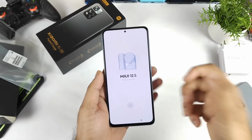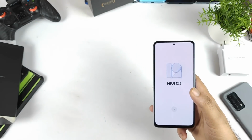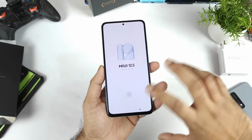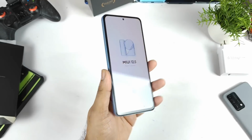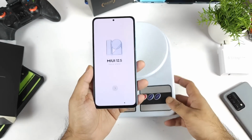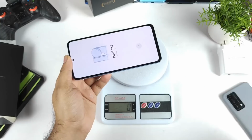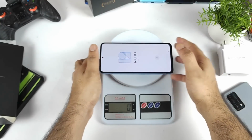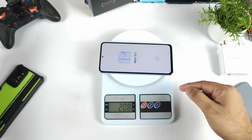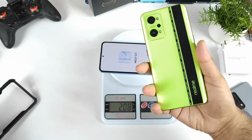I wish the phone could have been slightly lighter. The main reason is that the 5000 mAh battery capacity phone and this 4500 mAh battery capacity phone are very close in weight. That's really weird, because the battery decreased by 500 mAh, but we are still seeing slightly more weight in this Xiaomi 11i. That's the one thing a lot of people have mentioned. Let's check the weight of this phone. It's about 207 grams. 207 grams for the 4500 mAh battery capacity, and